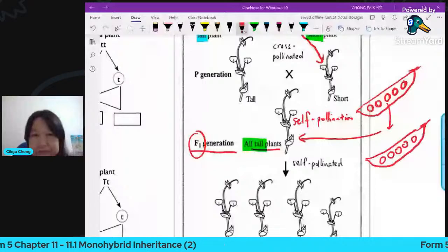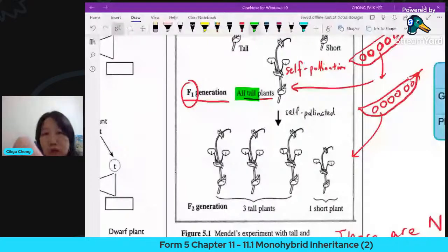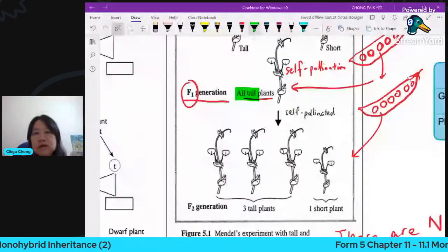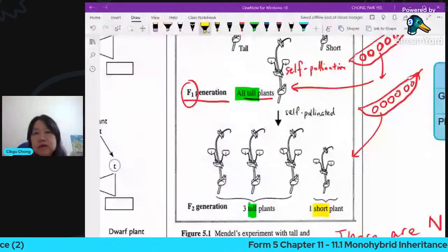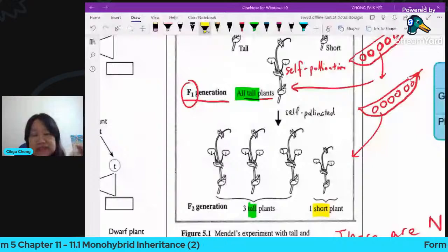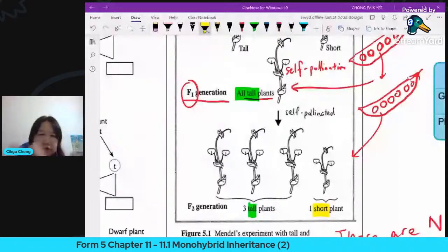And he found that the majority of them were tall. And surprisingly, some turned out to be short. Just now, in the first generation, there was no short. But now in the second generation, we call it the F2 generation, the second filial generation, there is a combination of some tall and some short, but there is no intermediate. There is no medium height. You're either tall or short. And so it happened, he found a very interesting ratio,